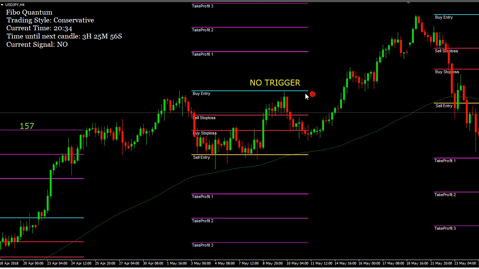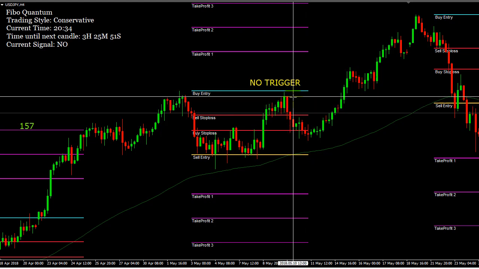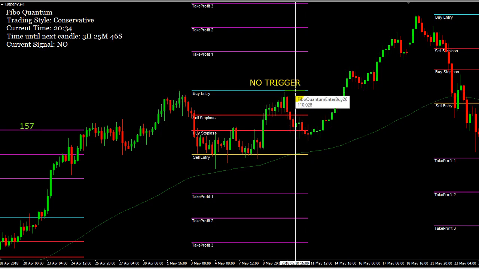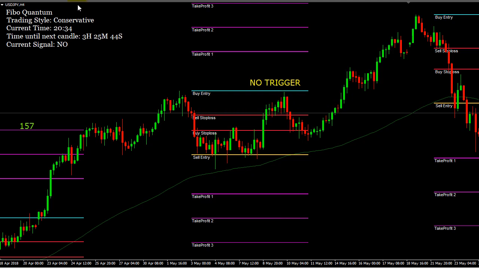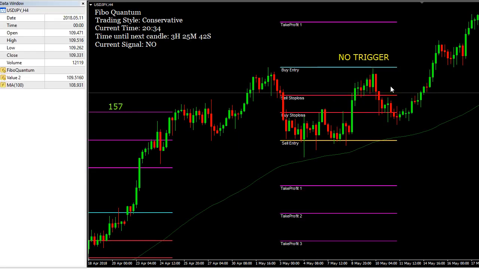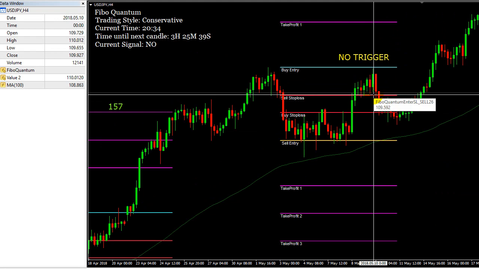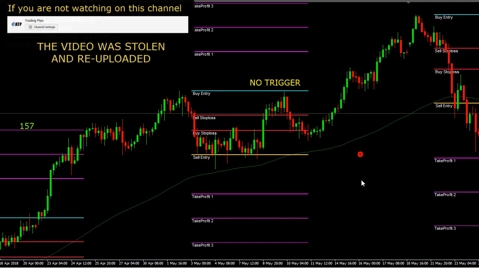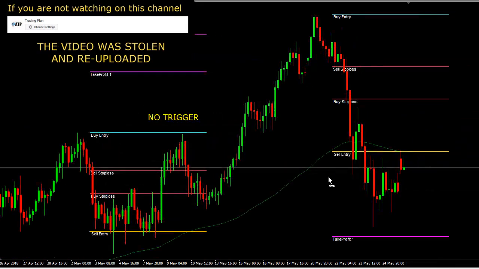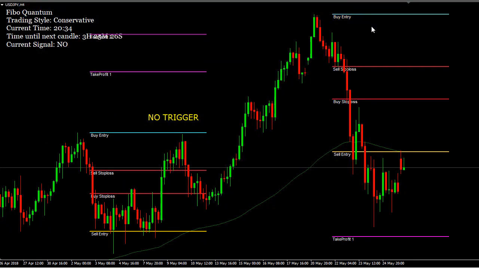It doesn't get to it. The entry is at what is this at? 110.02, and the high on this candle is, that's the entry. Well, you know what? I want to make this as objective as possible. So let me get with the high on this candlestick is 110.01. Okay, so there is no trigger on that trade. And obviously the sell entry we don't take because of where it is. And we had a buy entry here that didn't get hit. And why didn't it? Because it doesn't start printing till right here. The price never goes back up here.